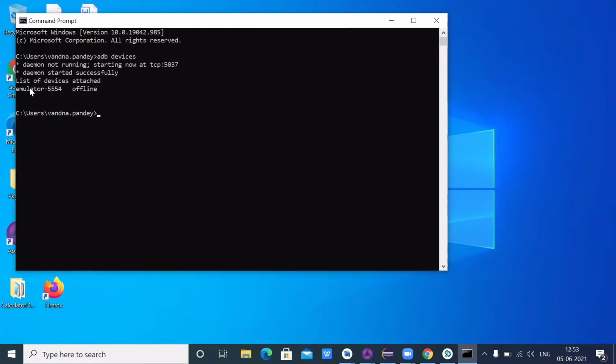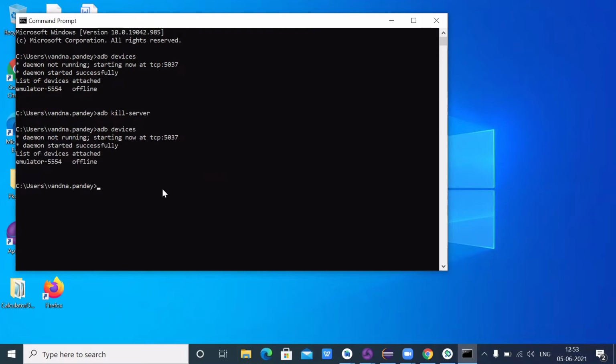I'm getting that emulator 5554 is running, but offline, and I don't want that offline. So I will run one more command, which is adb kill-server. I will hit enter. Now again I will run adb devices. Then also it is showing offline.